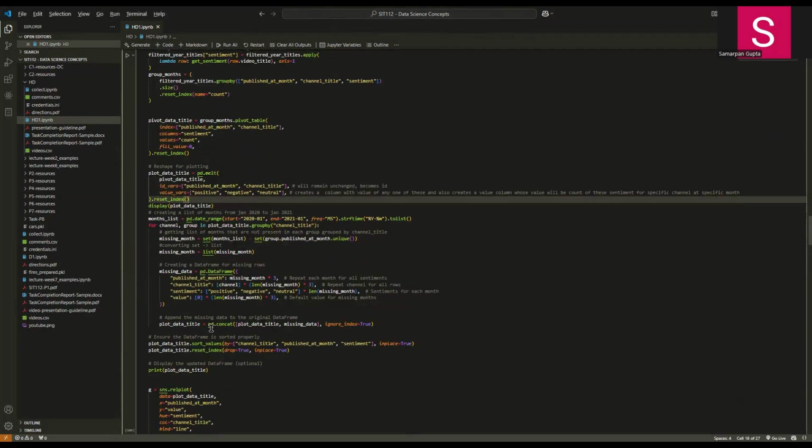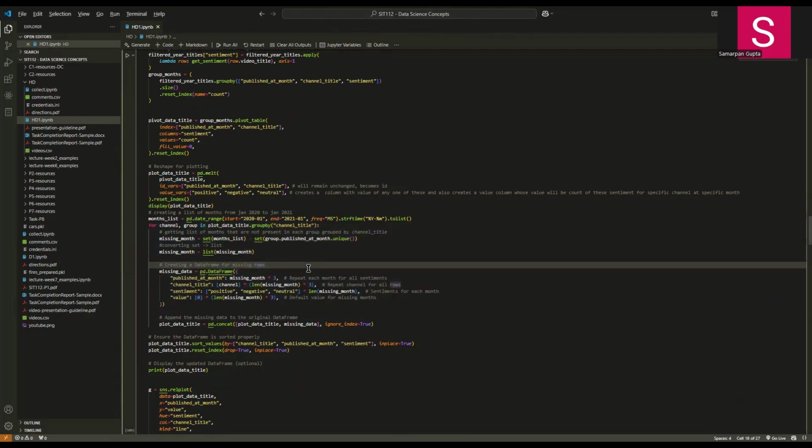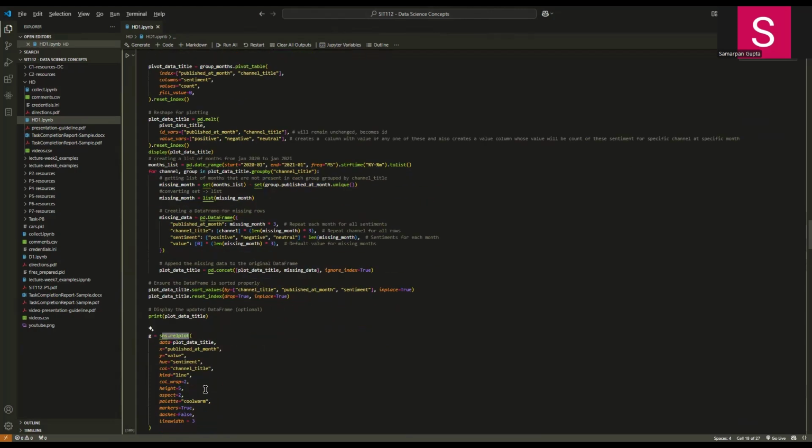We have to make sure that we perform this step, which is basically just adding a dummy value for the months that are not present in the data frame. We have to do this because while plotting, if months are missing, then relplot, which is a function from Seaborn that we are using to plot the line graph, will just skip the month that is not there and continue from the next consecutive value.